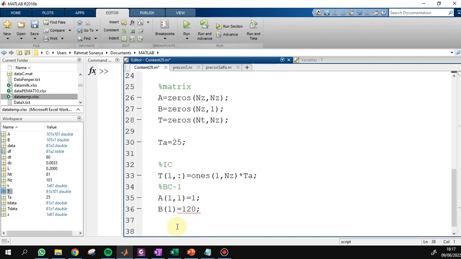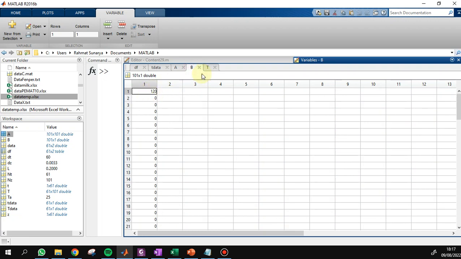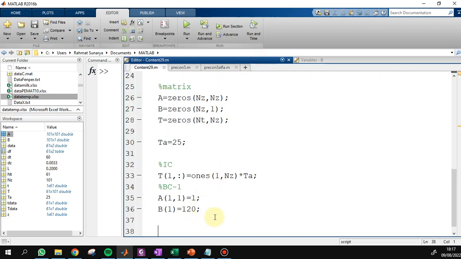Okay, finished, run. Remember, A is the coefficient 1, and B is 120. Finished. Next is BC2.